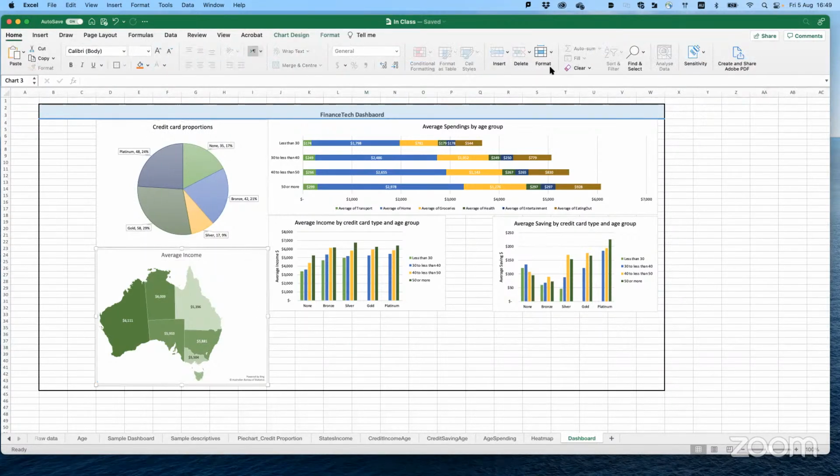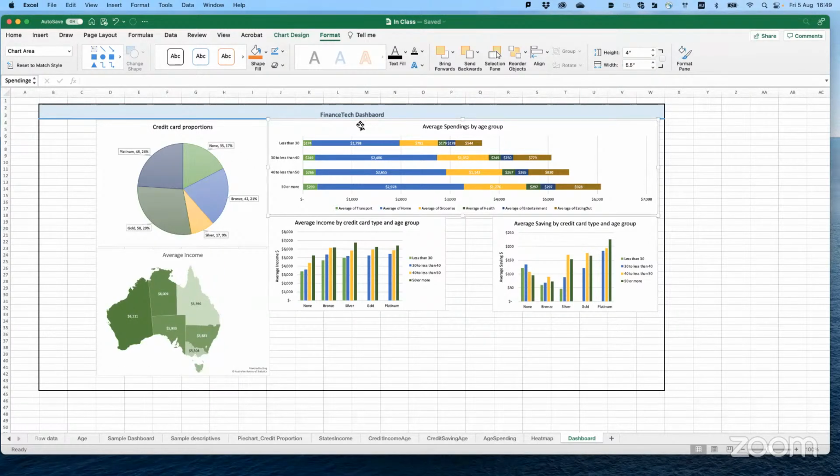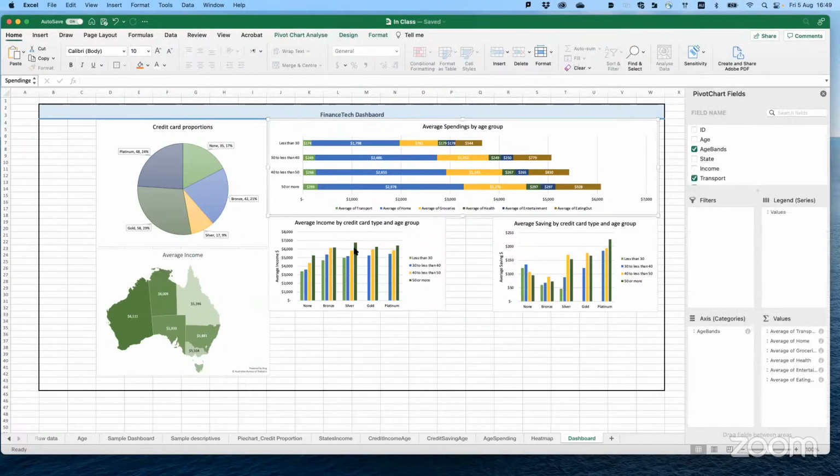And then for the second one, you can do the same, 5.5. You see that they are the same size.